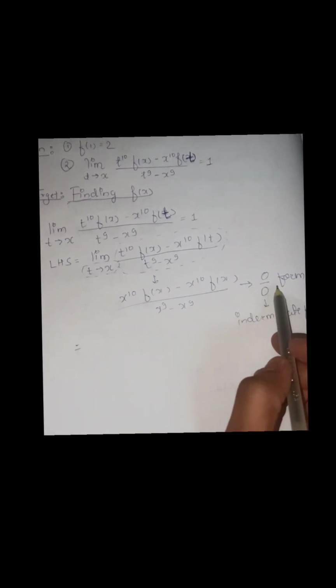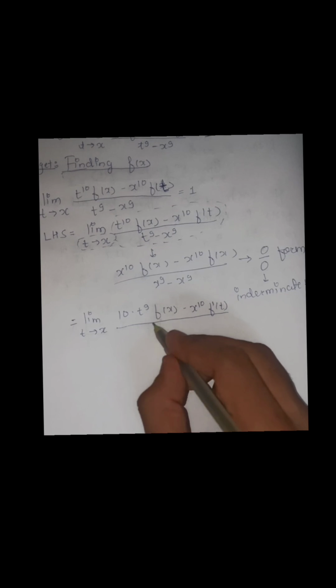Okay, so just take care of this simple thing. Because it came out to be an indeterminate form, we are going to apply the L'Hôpital rule. Applying the L'Hôpital rule taking t as the variable term, we'll get 10 times t to the power 9 f of x minus x to the power 10 f dash t, upon 9 times t to the power 8 minus